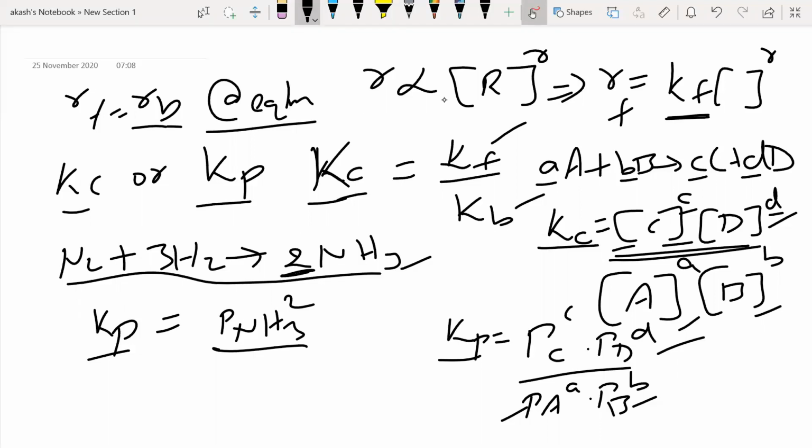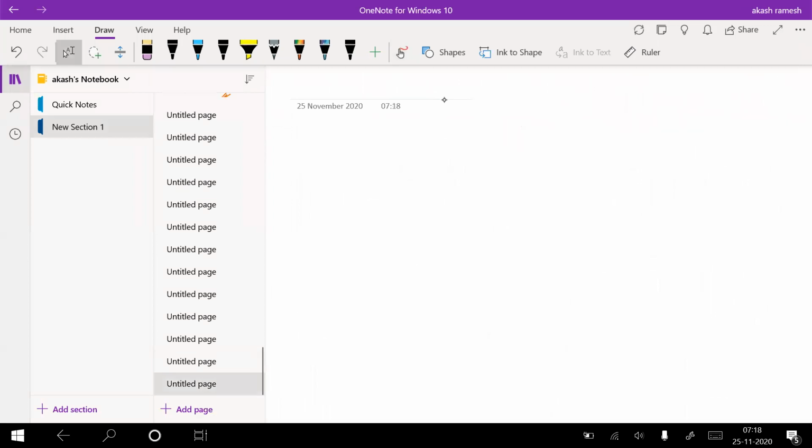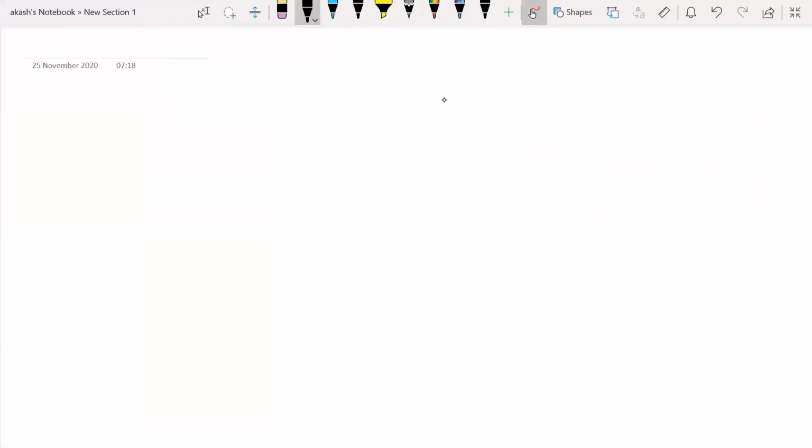So only one product. And concentration of N2? No, here you are talking about Kp, so it's partial pressures, right? So partial pressure of N2, then into partial pressure of H2 and power is 3. Good, that's it. So this is exactly how you write the equation for Kc or Kp. Okay, fine. Now let me ask one more. Thank you, Shruti.